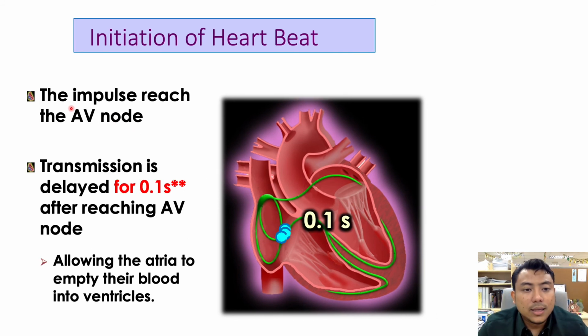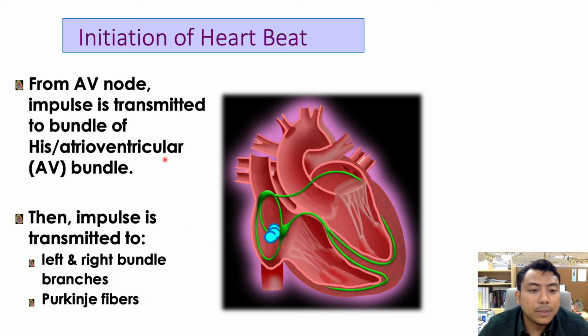Okay, and then the impulse reach the AV node. This transmission is delayed for 0.1 second. So daripada sini tadi kan asalnya biru-biru tu kan. So now dah sampai sini, it is being delayed for 0.1 second. So allowing the atria to empty their blood into ventricles kat sini. So then from the AV node, impulse is transmitted to bundle of His ataupun atrioventricular bundle. Ini bundle of His dekat sini yang saya tengah point ni. Then the impulse is transmitted to the left and right bundle branches, and last sekali akan pergi ke Purkinje